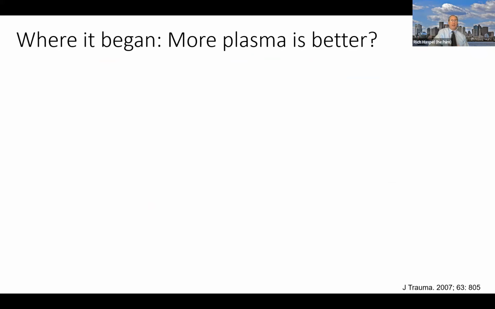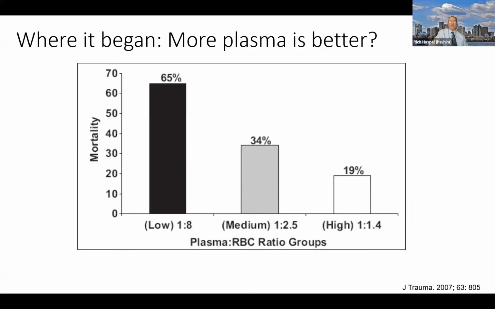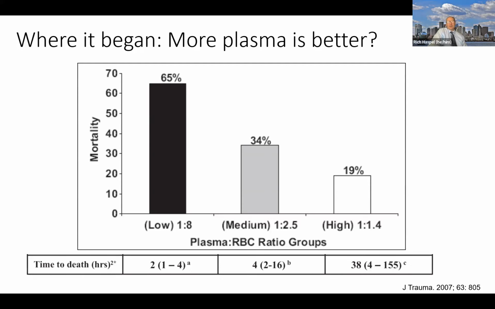Okay, I'm just going to go through a few other red flags of studies in the trauma literature. So this is where it all began, this idea of one-to-one plasma or giving a lot of plasma up front and pre-hospital transfusion. It was this study in the Journal of Trauma. And what you can see, first of all, no one's going to recommend 8 red cells to 1 bag of plasma. However, I wouldn't expect that much of a difference between 1 to 2.5 and 1 to 1.4. But there were huge differences in death, okay?